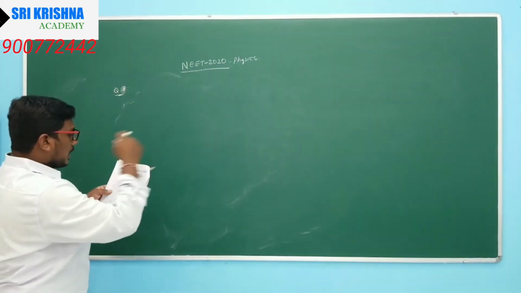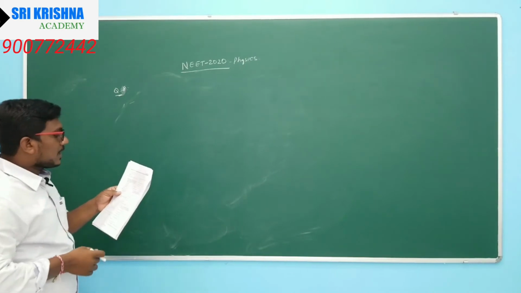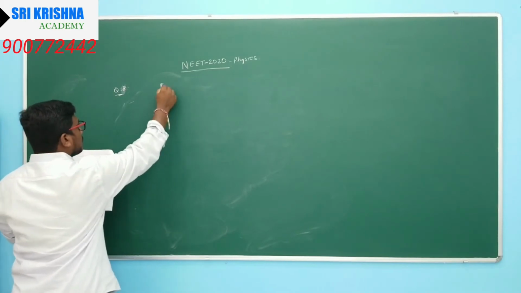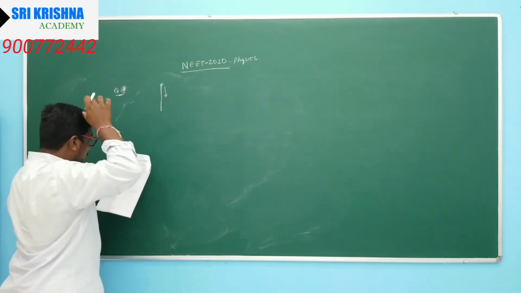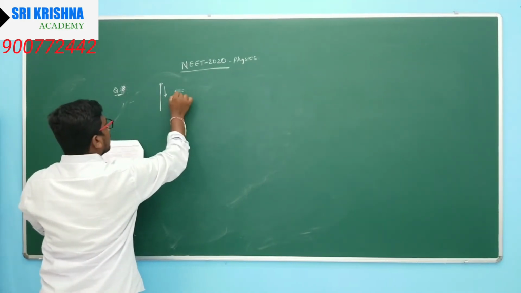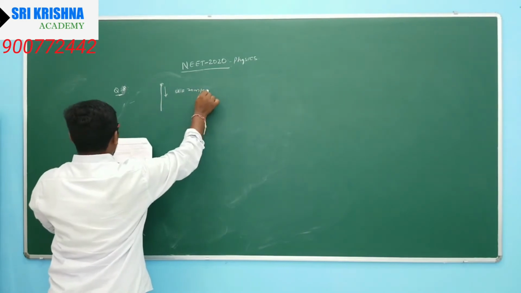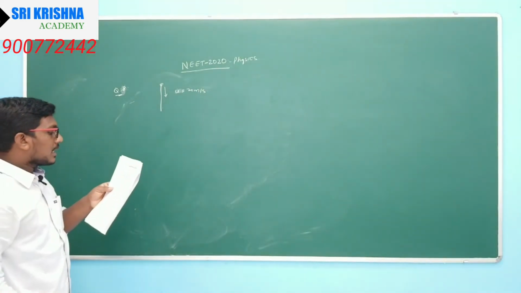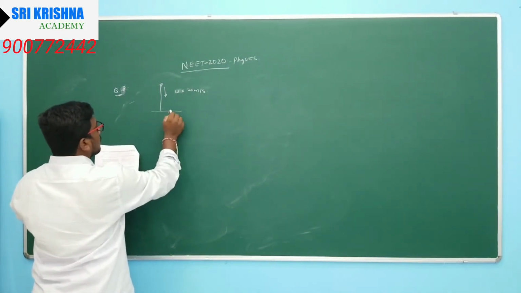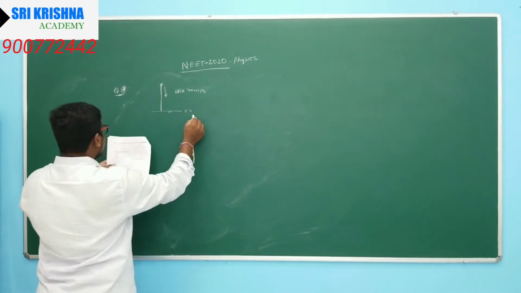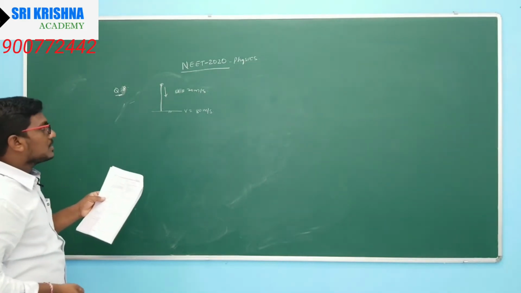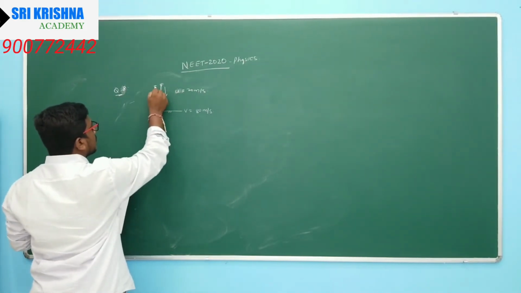A ball is thrown vertically downward, okay, it is falling from a height. You are given some initial velocity u, 20 meter per second, from the top of a tower. It hits the ground after some time. Now it is hitting the ground. At this point, the velocity is 80 meter per second after some time t. So what is the height of this tower? How much is this distance?